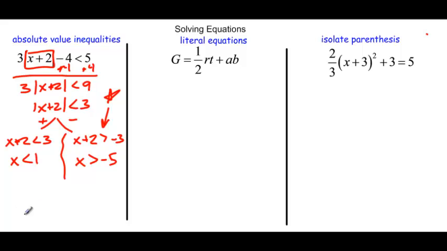So if you put on a number line, so here's 0, we're going to have 1, and we're going to have negative 5 over here, and we're going to have less than 1, and notice open circle, and it's connected because it's less than 1 and greater than negative 5. So this is like an AND statement. Now remember, if we do an OR, I'll just make a little note over here. An OR statement would be